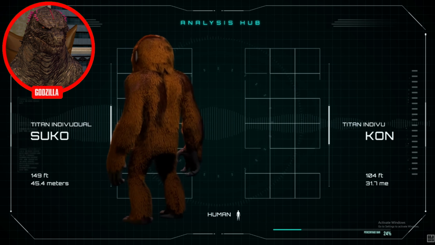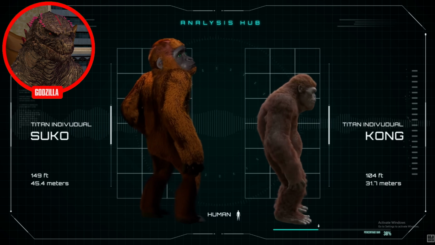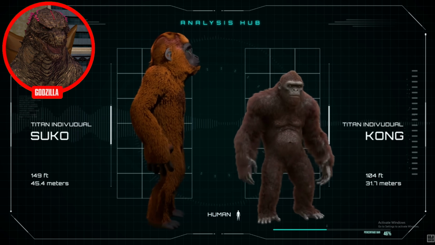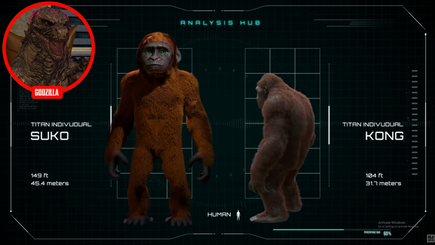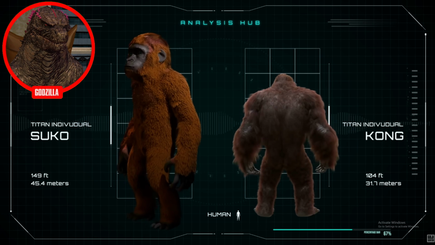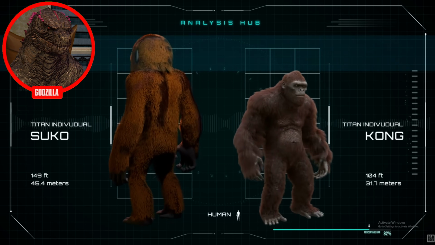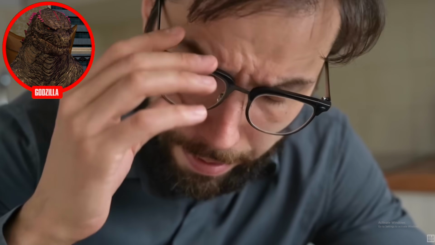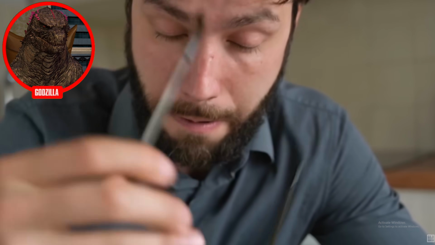Now comes the adolescent Kong from 1973. Yo, bro, he's so small. I'm not gonna lie, that looks very ugly, Kong, bro. He however only measures 104 feet in height here, a whole 45 feet shorter than this infant. No, but I think even though Kong is smaller, he'll absolutely destroy Suko. How is this even possible?